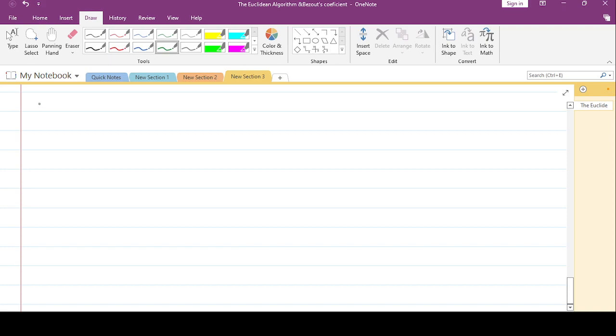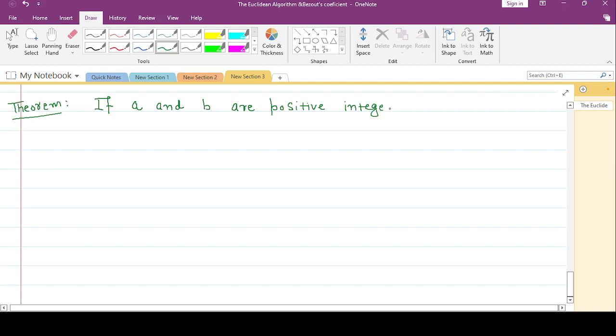This is actually a theorem, and the statement of this theorem is this: if A and B are positive integers, then there exist